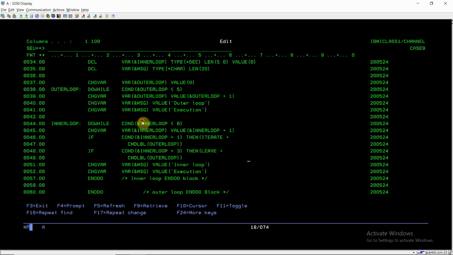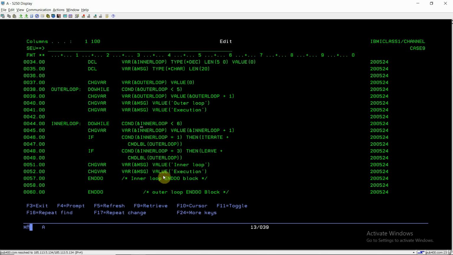So here, if we discuss this again, the inner loop value is less than 6. The inner loop is currently 0, and then it will become 1, and if it becomes 1, it will go to the outer loop. Basically it will skip all the next iterations. For the first outer loop value 1, the inner loop values from 1 to 5 will be skipped, and for outer loop value 2, the inner loop will become 2 now.